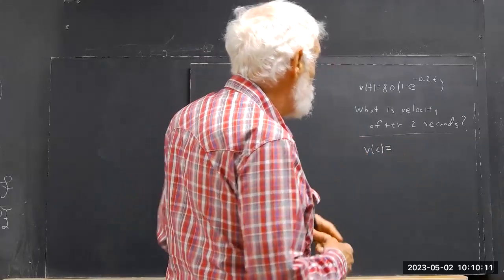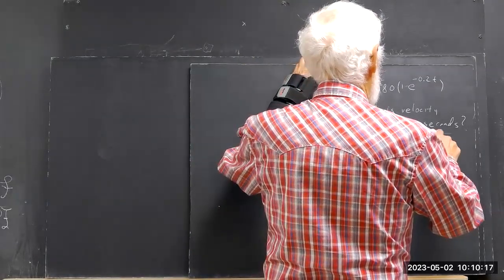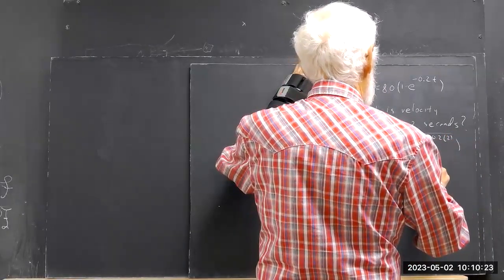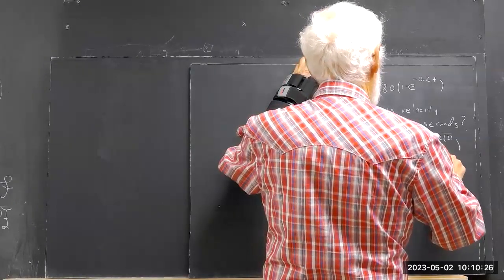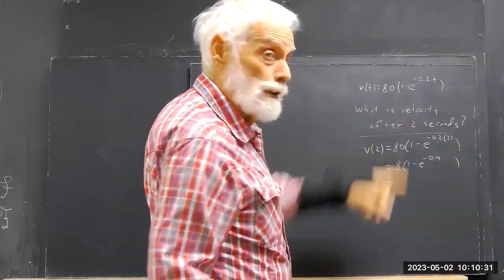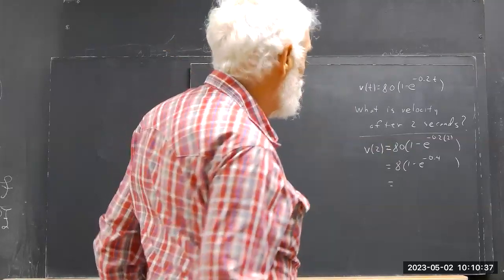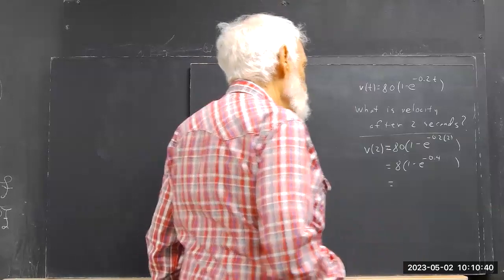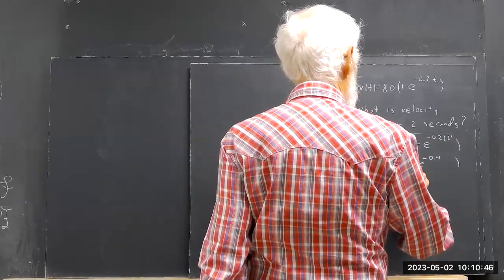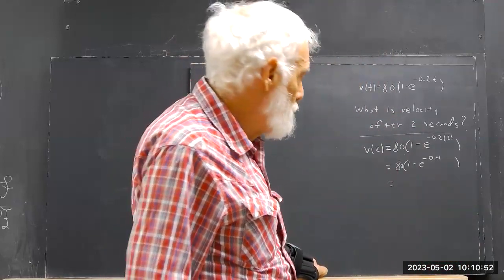Okay, so anyhow, V of 2 is going to then be 80 times 1 minus e to the negative 0.2 times 2, which is 80 times 1 minus e to the negative 0.4. And you really ought to be able to graph this function, but not really. It takes a little more than just plain old transformation. In any case, this should be 80, not 8. e to the negative 0.4. Okay. Well,